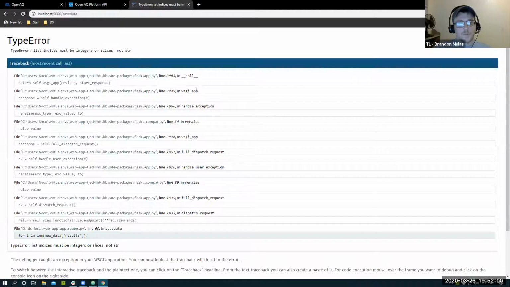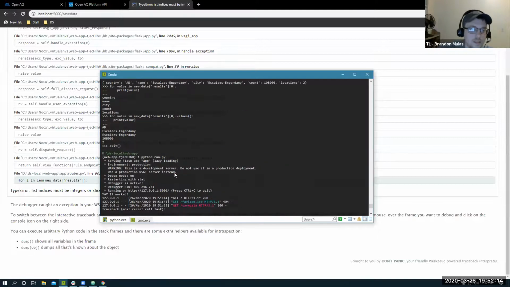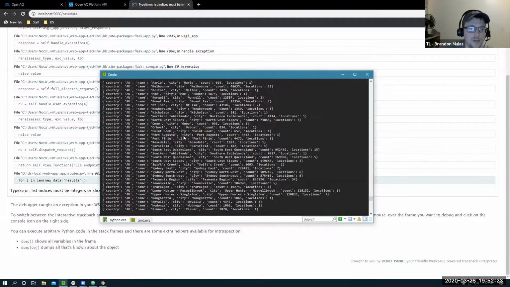Nope, didn't work. List indices must be integers or slices, not string. What does that mean? It didn't like this. List indices must be integers, not strings. And I can go in here and actually see the same thing. So it didn't like that. But I recall